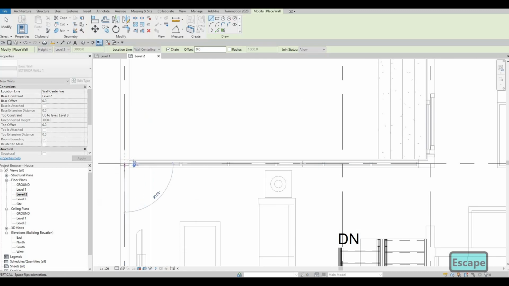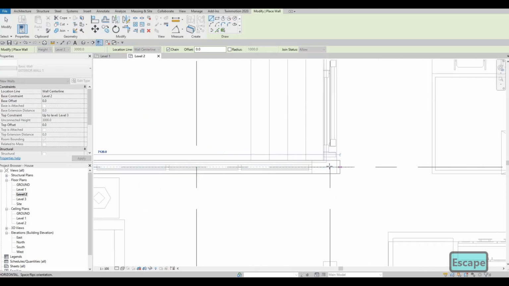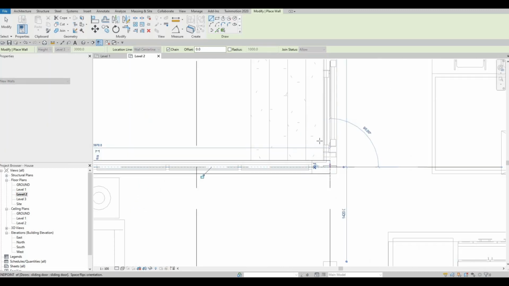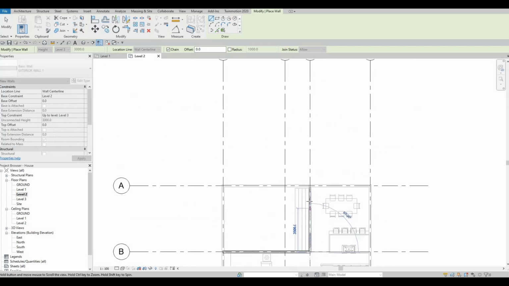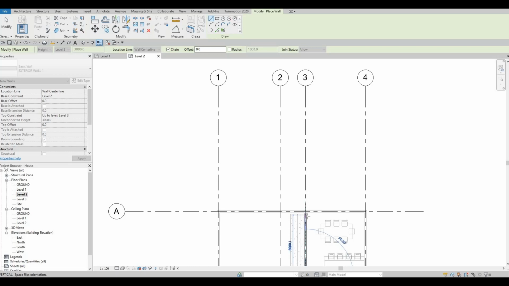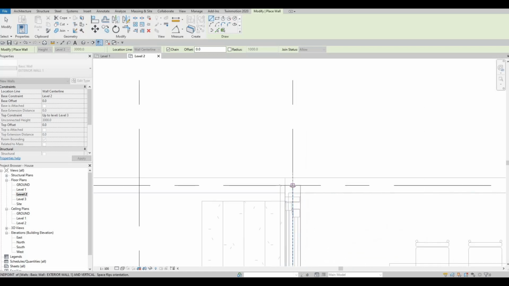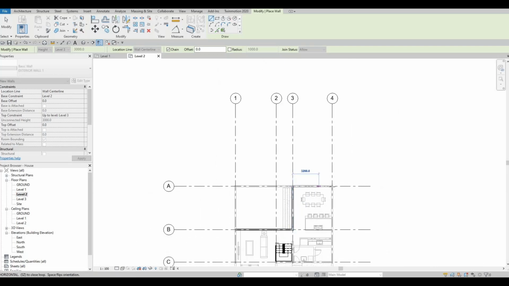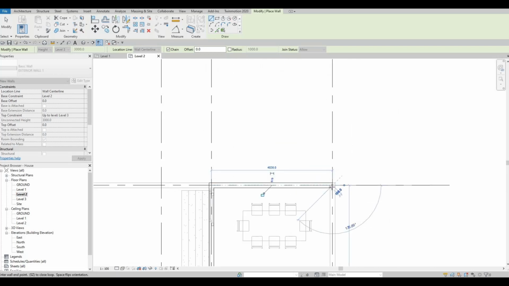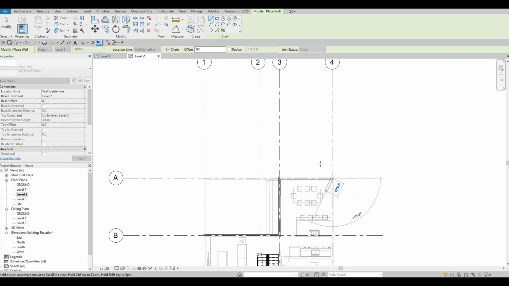So I'm just gonna redo this one right here, and then add this one B3, and then going all up to A3. So this is grid line 3, and then click on right here, and then after that zoom out again, A4, and then all the way down,